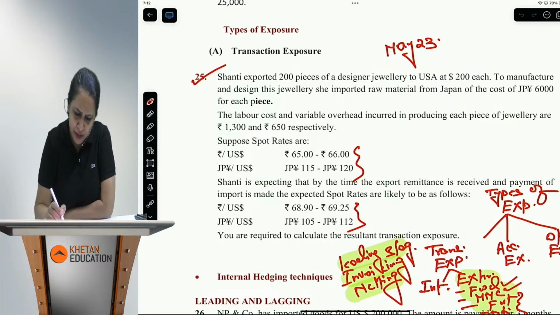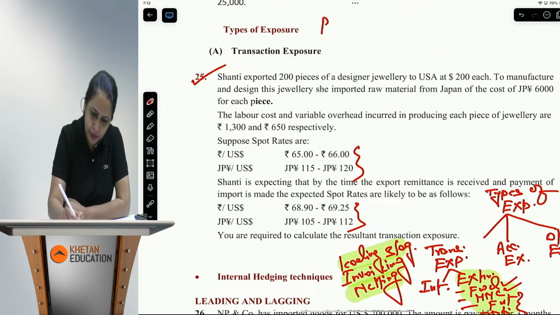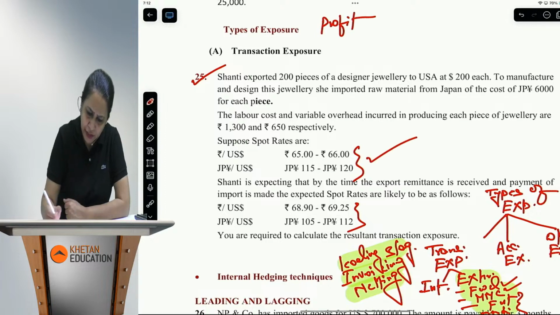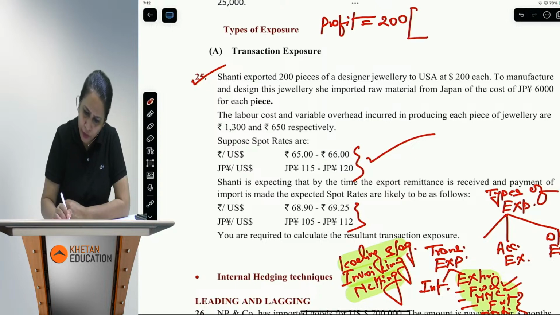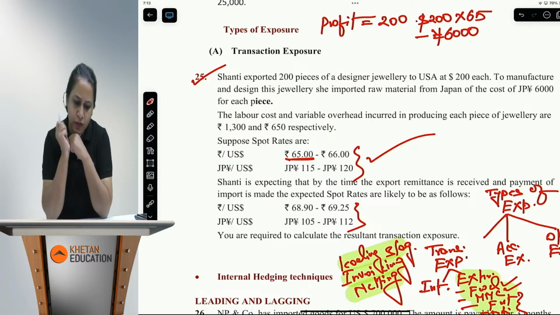So can anybody help me doing this? So basically, profit equation has to be like this. I'll do here. So profit, can I write profit as per this? So this has to be 200 brackets open, dollar 200 sale price. Okay, so you will sell. You will use this rate into 65. I will remove the bracket, put the bracket later on. Then minus, how much is the cost? Yen 6,000, but there has to be a cost, and the cost is,